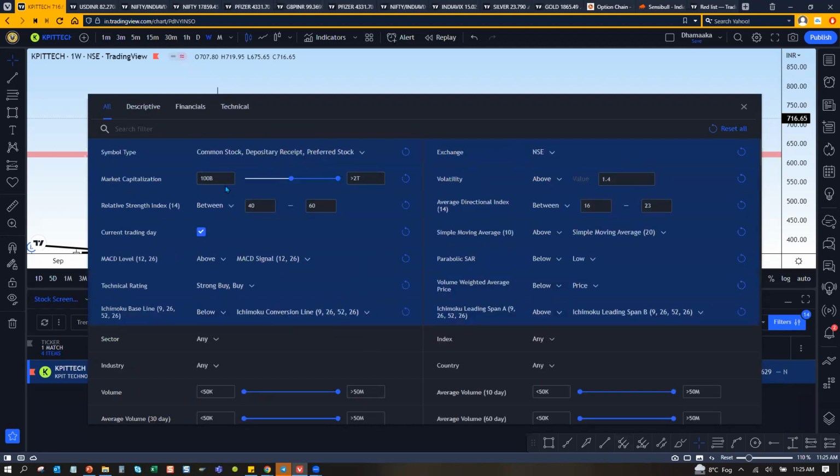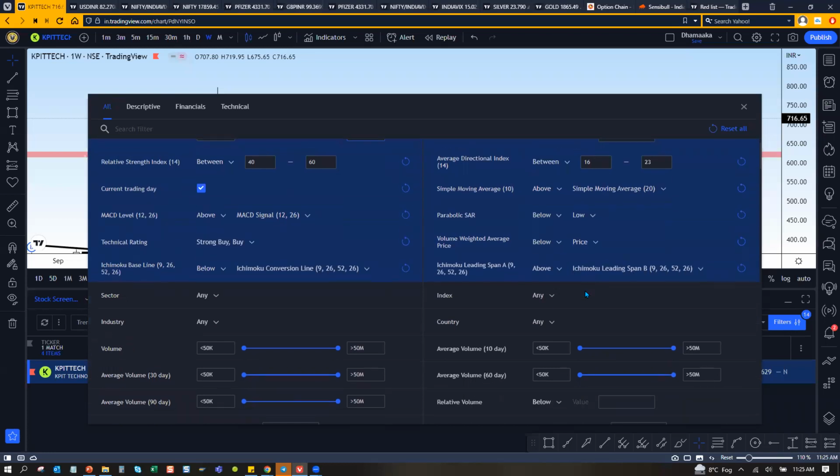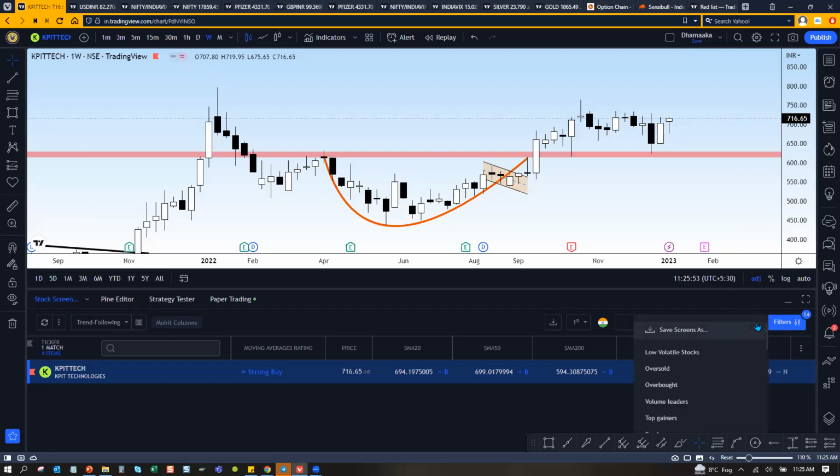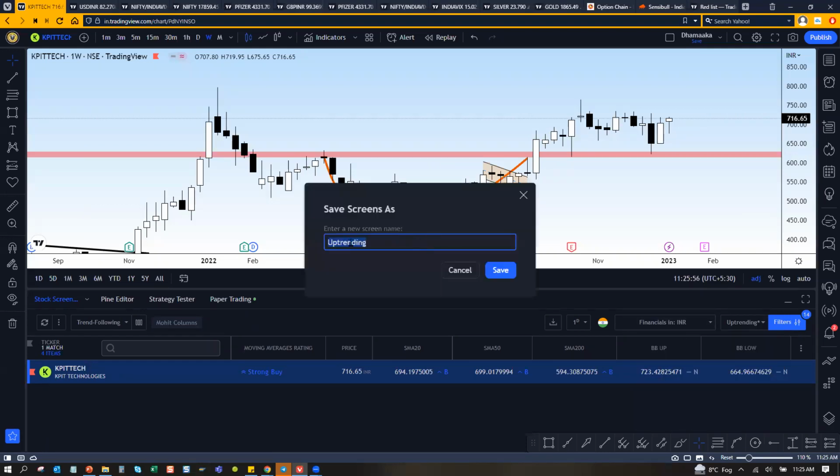Everything will come here. You can define market cap. I only want to look at the stocks which are at least in the futures, right? So when you want to look at that futures segment, just give 100 billion to 2 trillion, and give values for whatever. This is like simple moving average 10 is above 20, meaning bullish. Likewise, I have created screeners for myself so that I have a good view of the charts I want to look at. Once you do that, you can save a screener, give a name, whatever you want, my volume burst or whatever, name a screener.